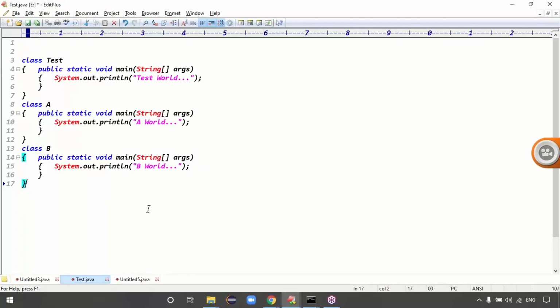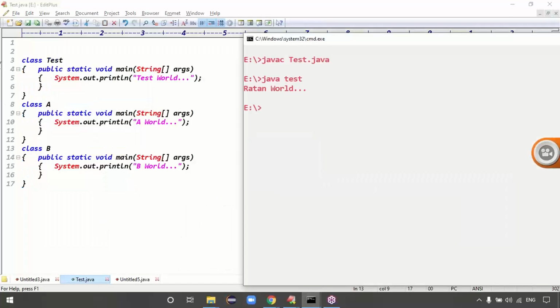Here I defined how many main classes? Three main classes, right? Is this code valid or invalid, guys? Definitely valid. Three main classes are valid. Let me run this code. The code is compiled fine, guys. Exactly, the code is valid, no problem. After compilation, how many class files are generated in total?